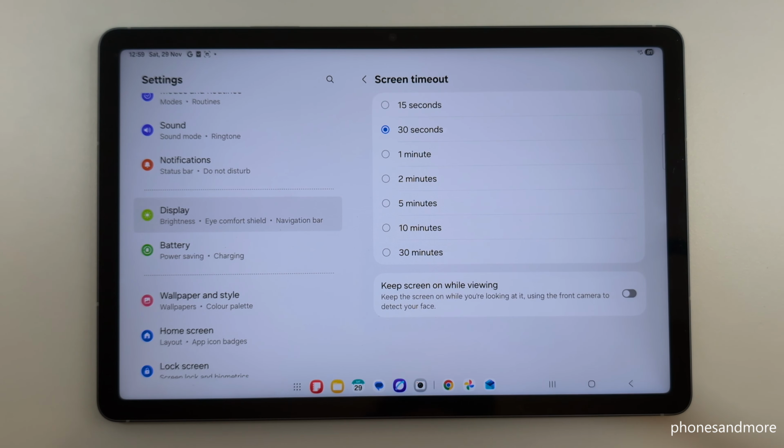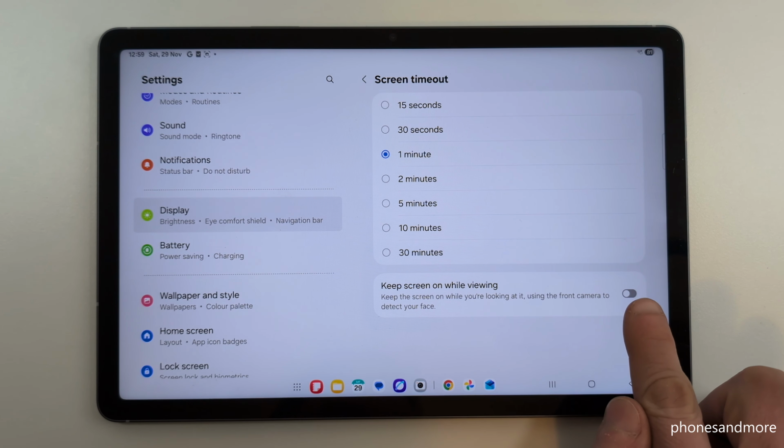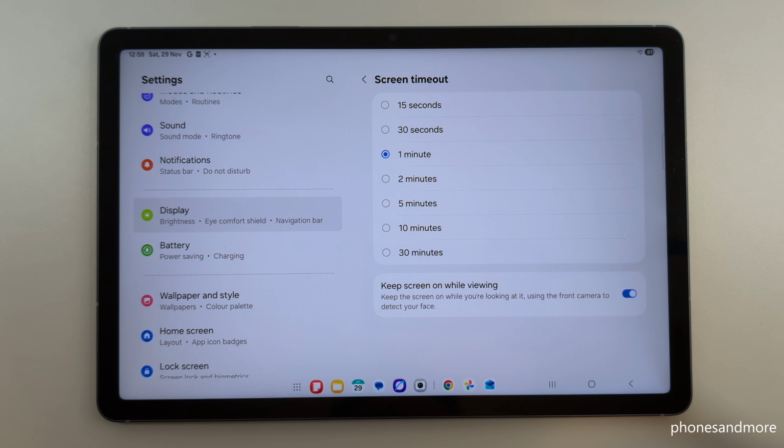By default, it's 30 seconds, but you can extend it here, of course, to 1 minute maybe, or at maximum, I recommend to you 2 minutes. The screen is taking here the most energy, so you should really take care for how long you will set it up. And I recommend to you to add this feature here as well, because if your eyes are on